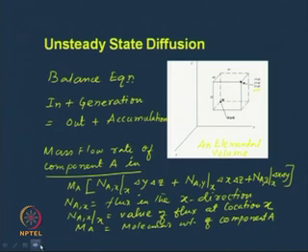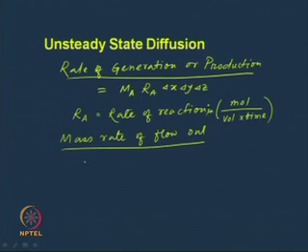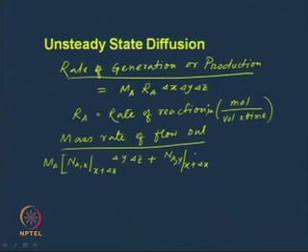So, for this control volume, the mass rate out we can write M A into N A x at x plus delta x delta y delta z plus N A y at x plus delta x delta x delta z plus N A z at x plus delta x delta y delta x. So, this is the mass flow rate out,